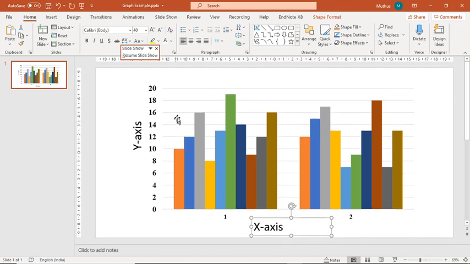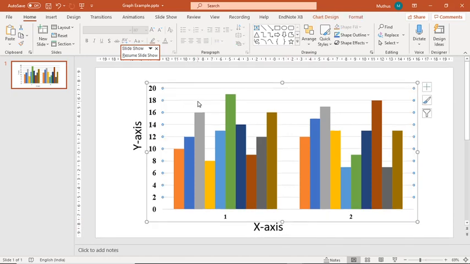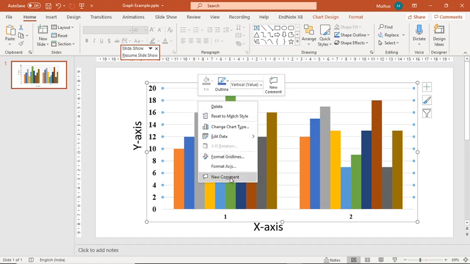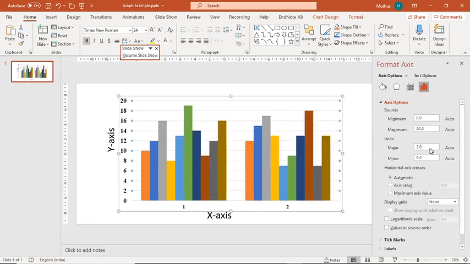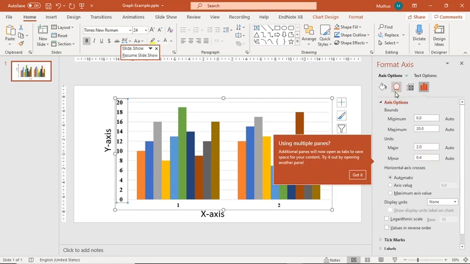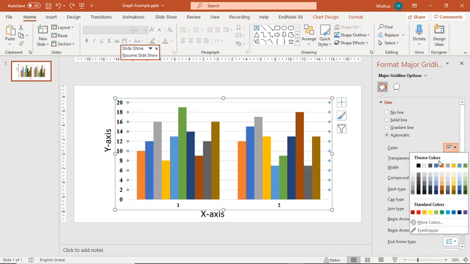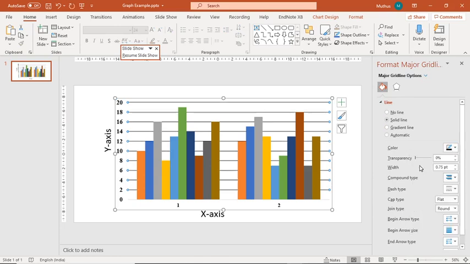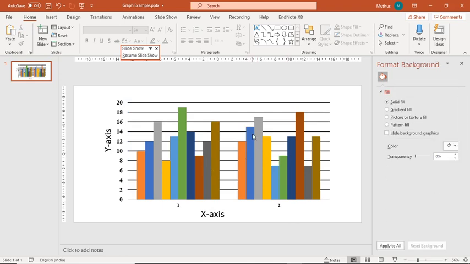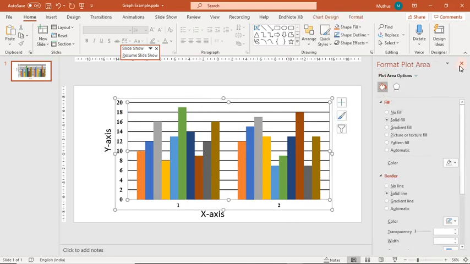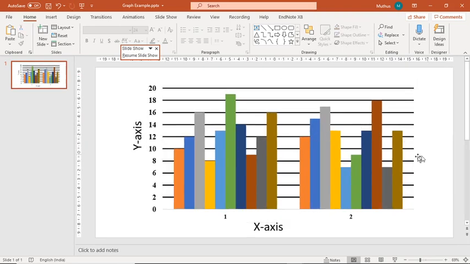After that, for example, if you would like to change this line, go to Format, then Format Axis, and then you can change the line also. Solid lines, black lines, like that you can change whatever you like. If you would like to change the thickness, you can change anything in the graph here. So now I am just formatting all the graph.